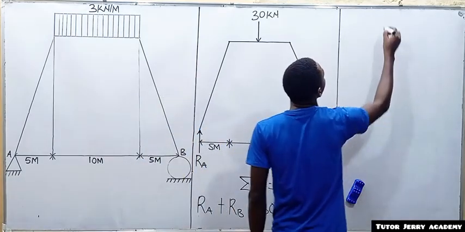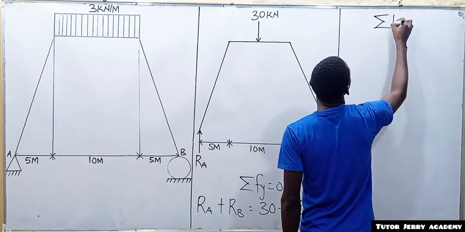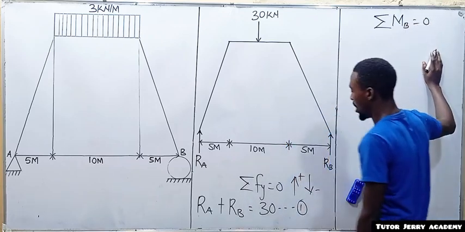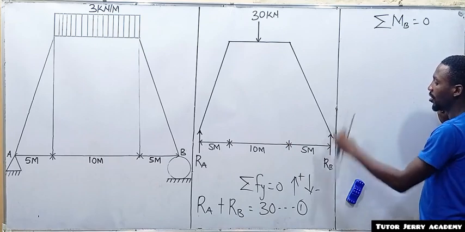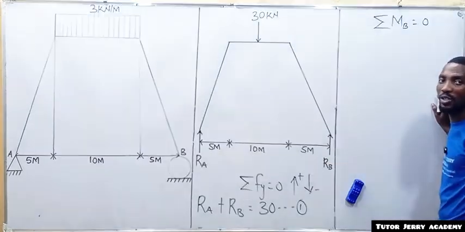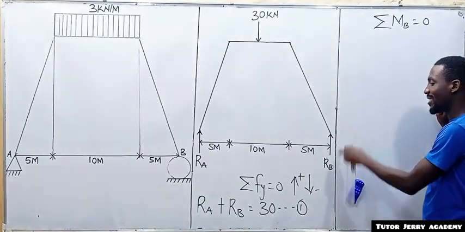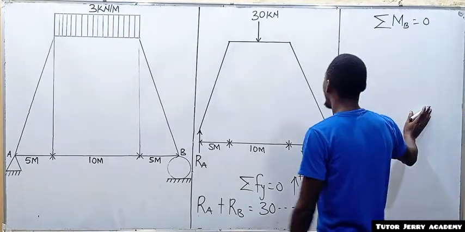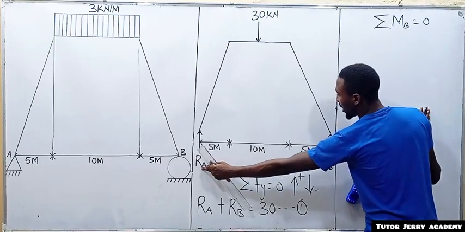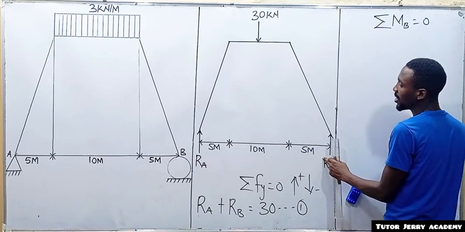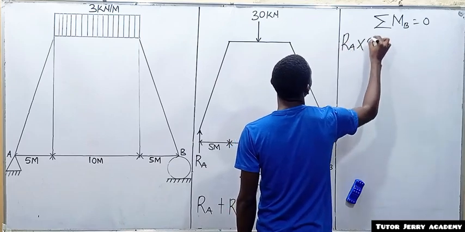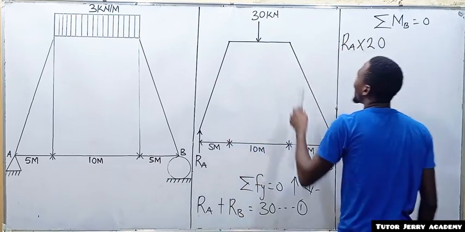Then we are going to take moment about any point. So let's take it about point B equals 0. And then we are still going to maintain upward force positive, downward force negative. That is, the moment created by this upward force will be positive, and the moment created by this downward force will be negative. All right, so if we take it about point B, it's going to be reaction at A multiplied by total distance. Total distance is 20. So we are going to have reaction at A multiplied by 20,